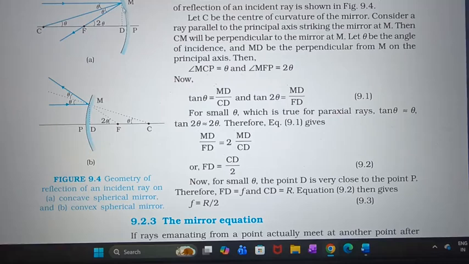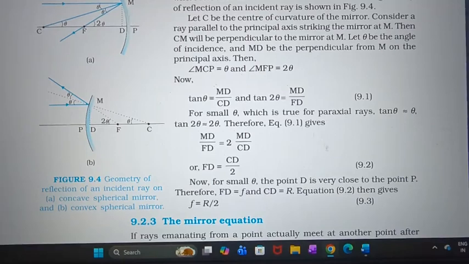So instead of taking it as bent, you can consider it as a straight line itself. So don't get confused saying that D is entirely different. CP only should be the radius of curvature, right? You can just think of it as coinciding. D and P are coinciding and it is like a straight line because it's a very small region that we are talking about. So this is how you will prove that focal length is half of the radius of curvature,